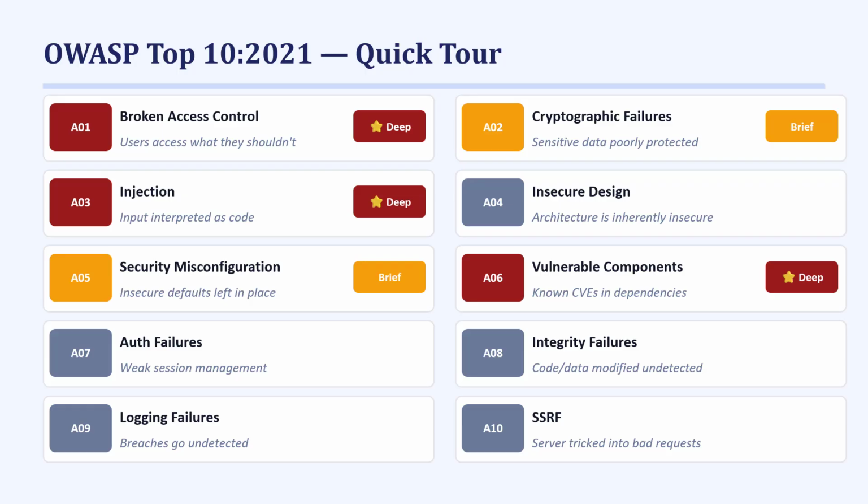A01 is broken access control. So someone accesses data or performs actions they shouldn't be permitted to. This is one of the more common web vulnerabilities, and we'll talk about that one a little more in depth, along with A02,